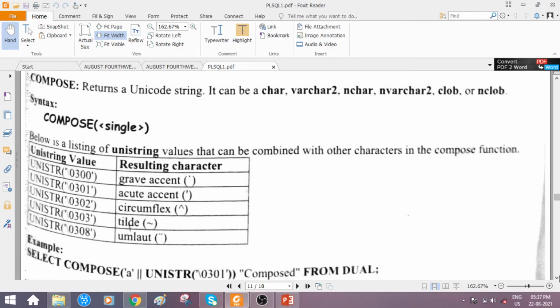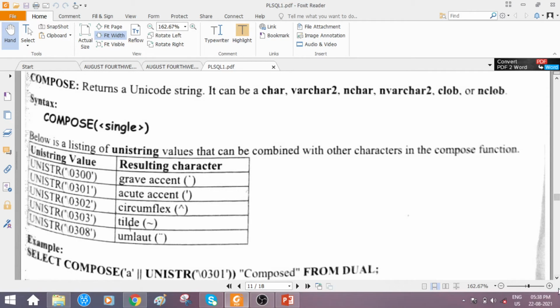So just check out the example here. Select compose, the string function, within parenthesis. So here observe students, this is optional. And here what they are trying to give is whatever character you want to get; you can attach these special characters to the character we provide as the first argument here.